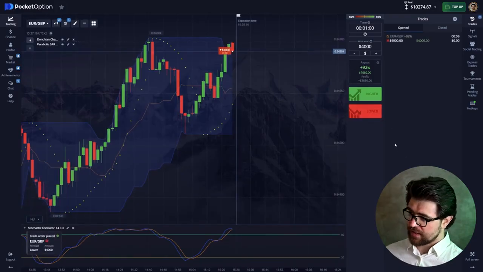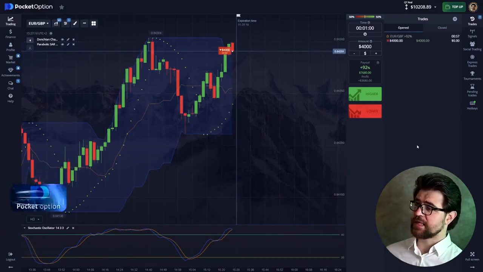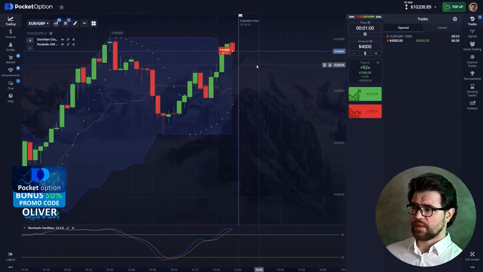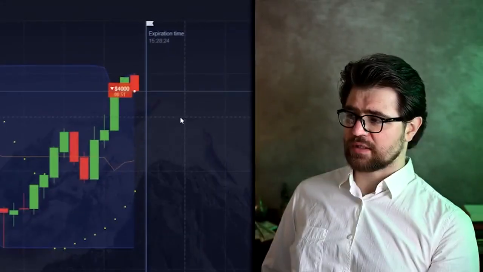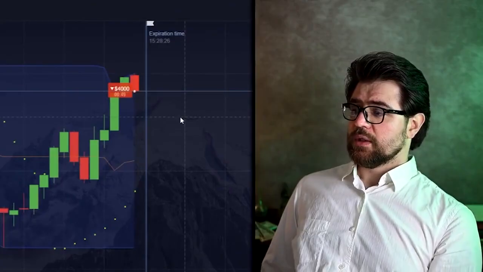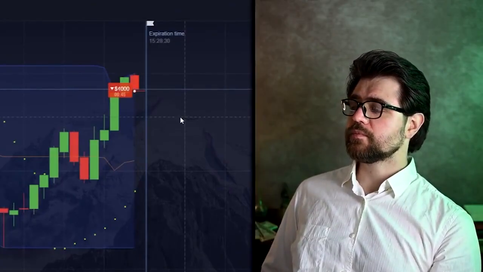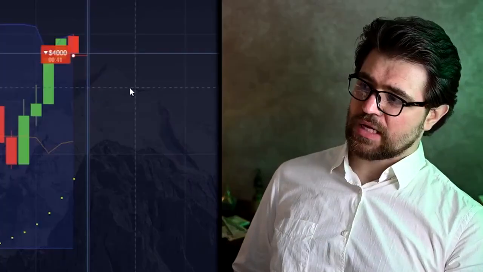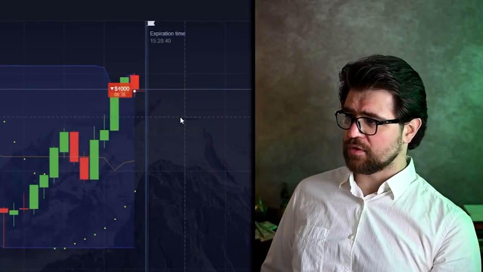Let's go and see if that's correct. Basically, I'm going with the correction for now. So I'm hoping it's gonna go, since there was a resistance level, and there was no intent to break it. It was just bouncing off the level, and